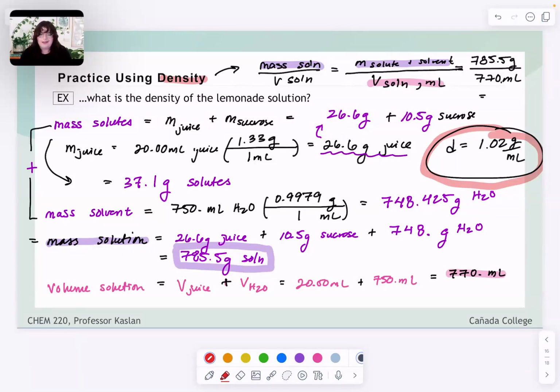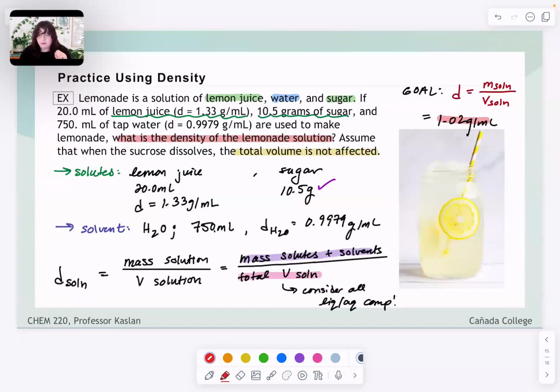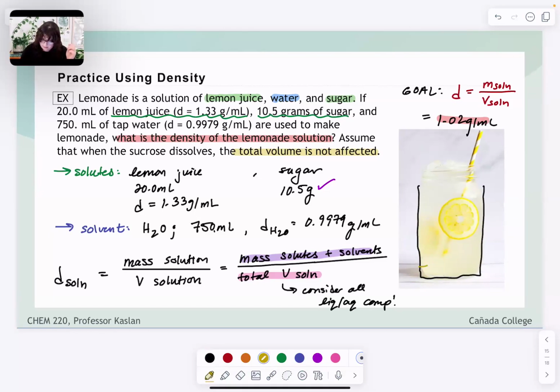And then if I want the total volume of solution, I need to consider the total volume of components, or what's given as a total volume of solution. So you have to think about what is actually being made here. I've drawn this really cute little lemonade solution, but a good way to remind yourself of what's going on is to sketch out what this might look like. So if you add 20.00 milliliters of lemon juice,